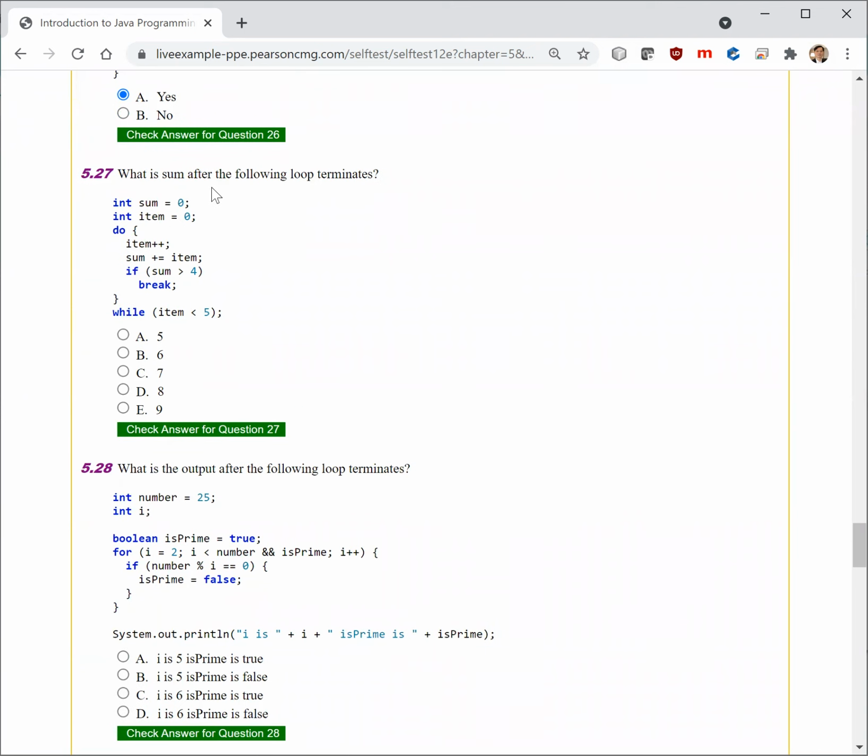Next question here is, what is sum after the for loop terminates? So here, sum is 0, item is 0, and item plus plus makes it 1. Add 1 to sum, so sum becomes 1, and is sum 1 greater than 4? That's no. And so go back, continue, and so item now becomes 2. So sum becomes 3, and so this